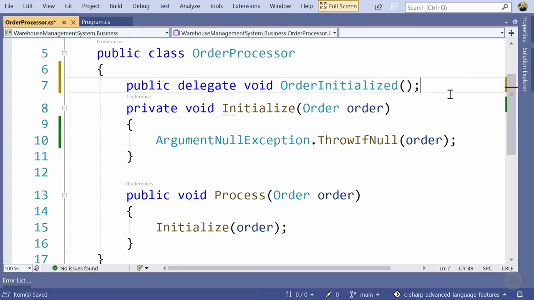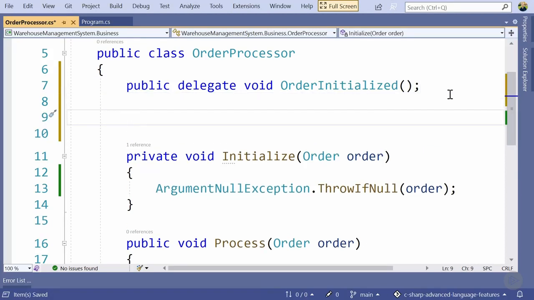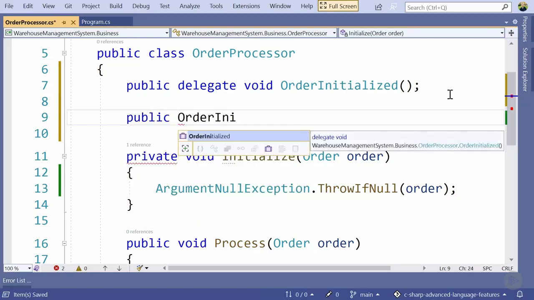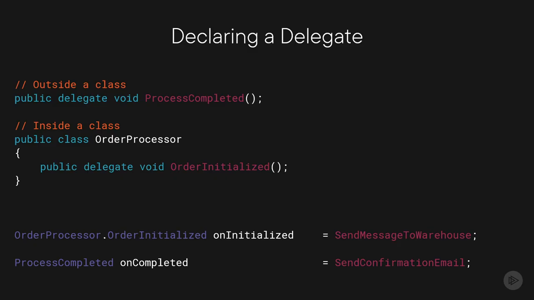As with all your types, it's good to give them a descriptive and understandable name. We are not going to pass any parameters when we invoke this delegate. Therefore, the method signature of this delegate is completed. You then use the name of the delegate as you'd use any type. A delegate can be declared inside or outside of a class. And you can, of course, use it with the access